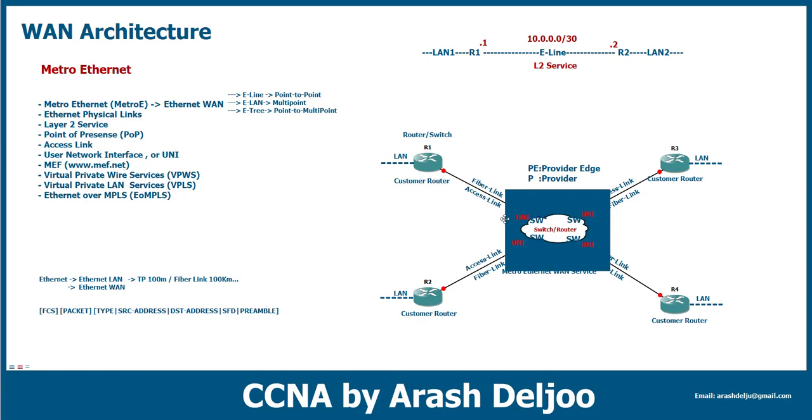This is the service provider. These customer sites are connecting to each other with this logical switch. And you know that when you are using a switch between four routers, all of these interfaces are using the same range, and this is a layer 2 service. Actually, we can say that with Metro Ethernet, for example multi-point or E-LAN, we are creating this switch. But let me explain the different types of Ethernet WAN a little later.